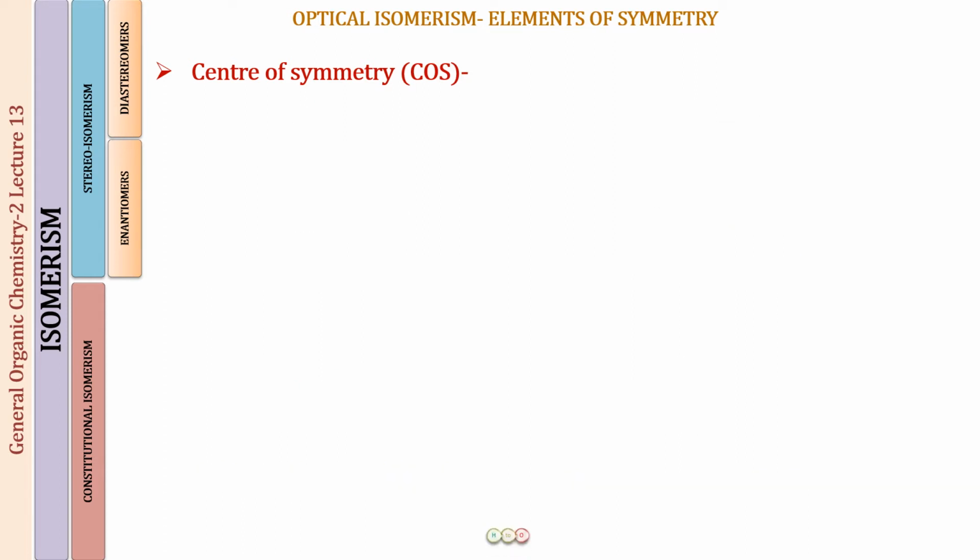Now the next molecule we will be discussing is a very important molecule, the molecule of tartaric acid, without which the study of optical isomerism is not going to be complete. A molecule you will be seeing in all the lectures of optical isomerism, coming every time. First of all, what I want you to tell is what is the IUPAC name of this compound, which we have not discussed till now, and we are going to spend some amount of time on this molecule over here.